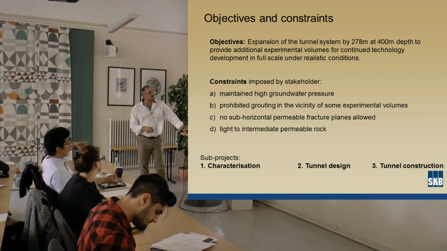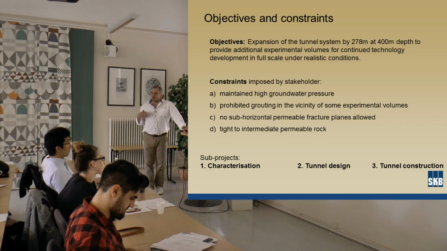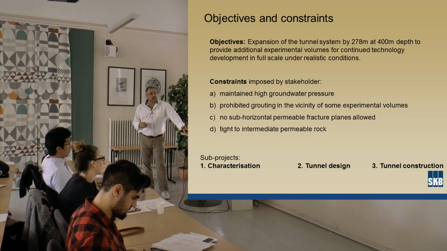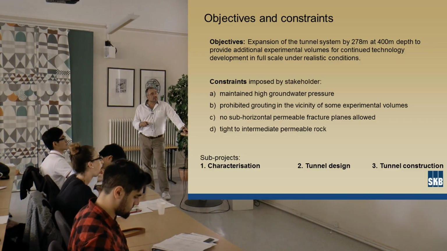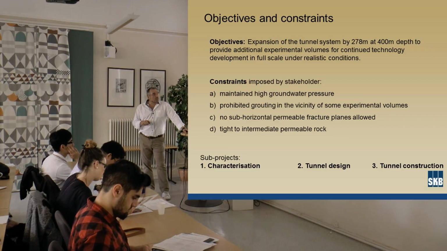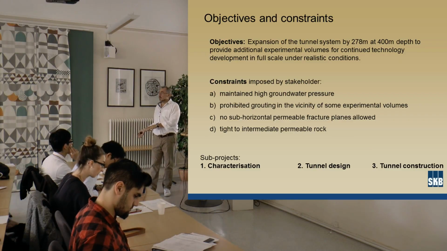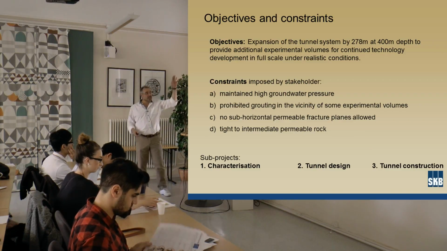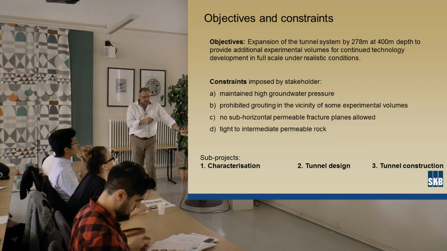That was one condition. The other one was we should allow certain tunnels not to be grouted, because experiments they wanted to do concerned cement and so on. So if we grout it, then we disturb the site from the beginning. So we had to find the right spot. Then no subhorizontal permeable fracture planes to be allowed. And then, of course, the rock in general should be tight to intermediate to resemble the repository rock. So in order to perform this project and to meet these objectives,